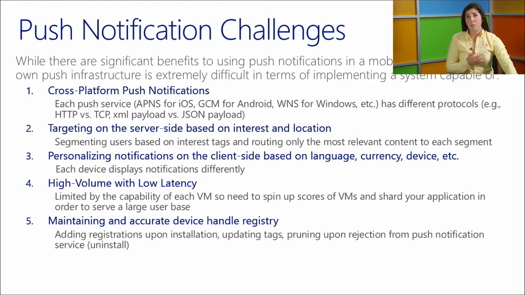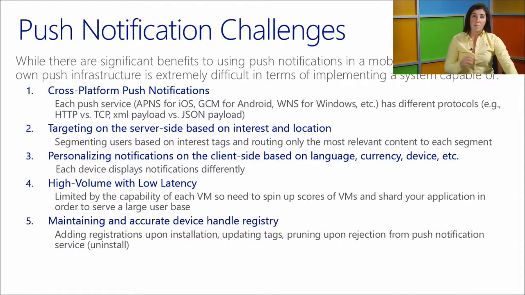In terms of targeting based on different aspects of a user profile, think about things like not just interest groups, but what time zone are they in, what type of device do they have, so you don't send a push notification to a device that doesn't support that type. Maintaining all that and being able to send targeted push notifications, not just targeted by one group, but targeted by multiple different groups. Being able to have Boolean expressions for any string of tags is fantastic, but very difficult to build on your